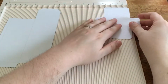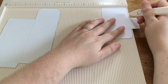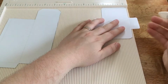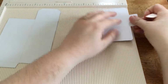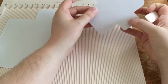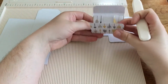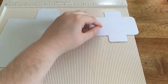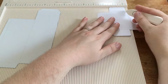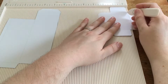So first I'll do the sides here, and I like to line it up on the edge here so that I can see that I'm on the same line from the top to the bottom. And I'm just going to make a score line there, and on this side. And then this one is the big one, so for example, it's the bottom one here. So I want to make that a little bit farther. I'm going to put it this way. A little bit farther than this line, but not too much out there. So maybe here,